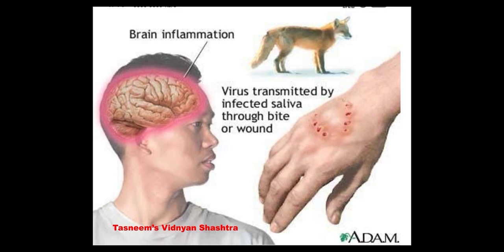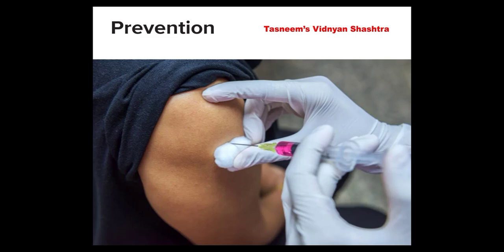Then after the incubation, when the disease goes into the adverse period, it shows confusion and aggression, partial paralysis of the body, rigid neck, hyperventilation, difficulty in breathing. The person may breathe like a dog, with the mouth open and saliva coming out, that is hypersalivation. There is a problem with water, that is hydrophobia, or fear of light. They face hallucinations and nightmares, and this causes dangerous effects. So prevention and precaution should be taken.